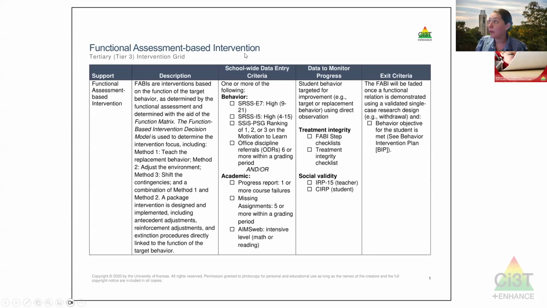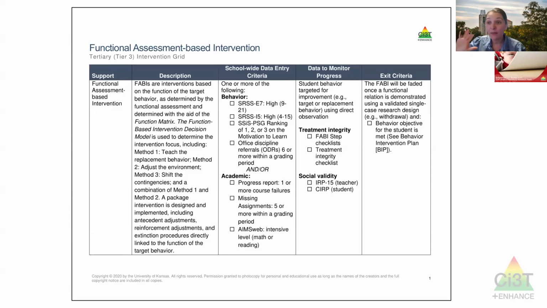And what we're typically looking for here is students who have the most significant behavior intervention needs. So when we're looking at our behavior screening data, we're looking for kids who are in that high risk category. Might be for internalizing, might be for externalizing, but we're looking for kids at the high risk. We're also looking at other sources like office discipline referrals, students who are getting a lot of suspensions in school, out of school, getting sent to the office a lot. You might also see some academic indicators. So maybe a lot of course failures, or maybe a lot of missing work, or potentially some screening data that shows we've got some areas in need academically.